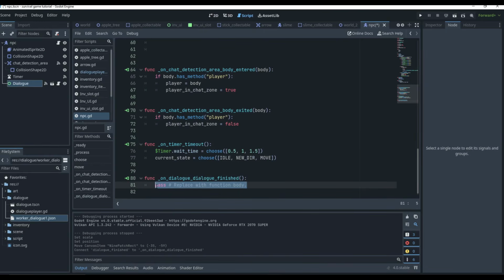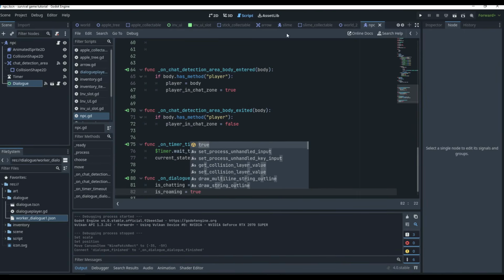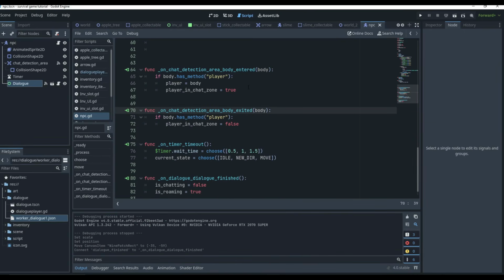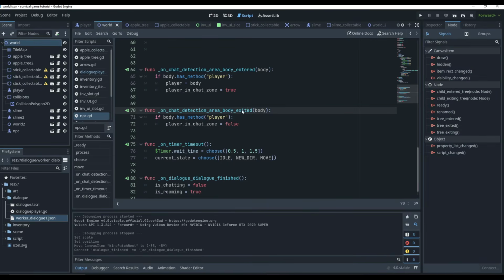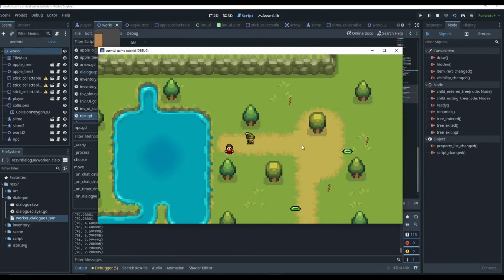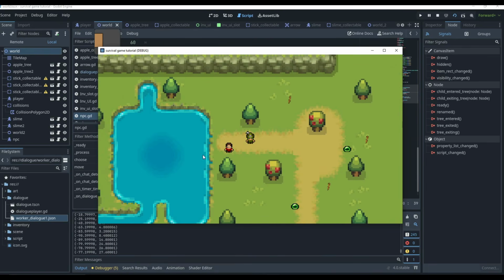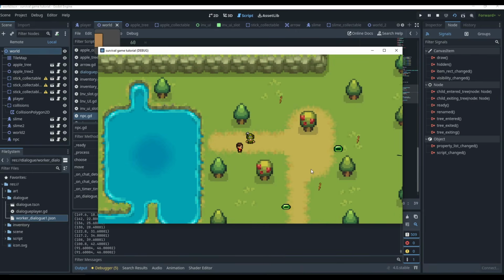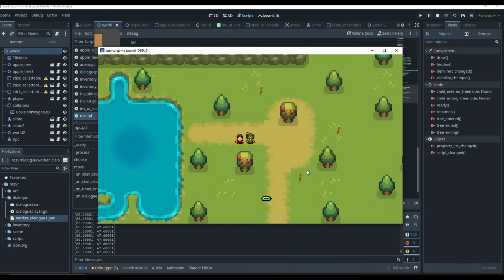And when the dialogue is finished, right, we're going to go back and change our is chatting variable to false. And we're going to change our is roaming variable to true. And now our NPC is going to return back to normal the moment we go through our dialogue. So if we click play in our world, we're going to see that we have a NPC. We're going to watch him move around for a second. Hopefully he moves. Okay, so he's moving around. If we click C to chat,